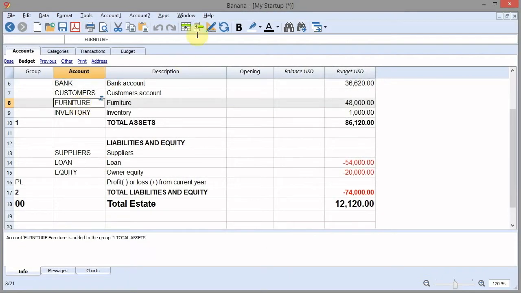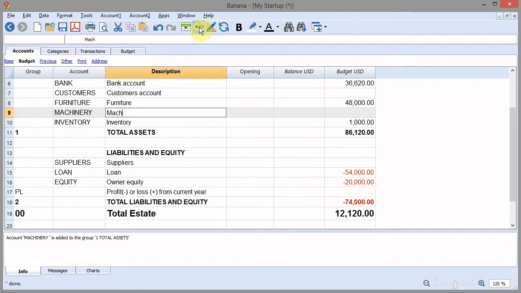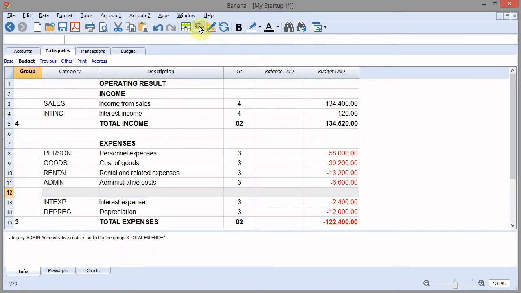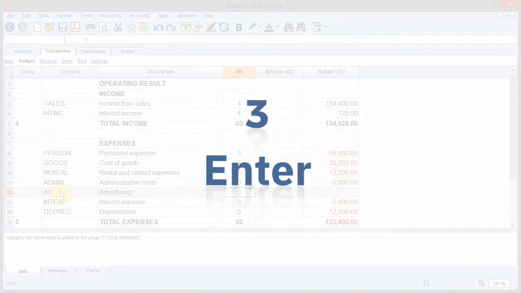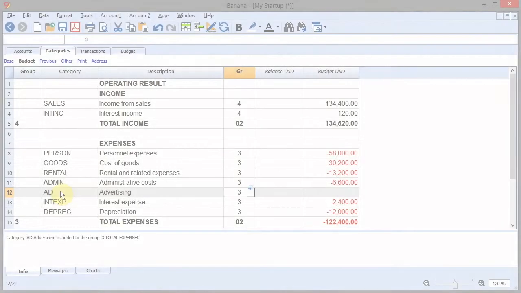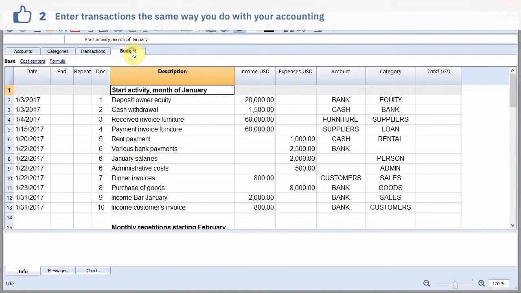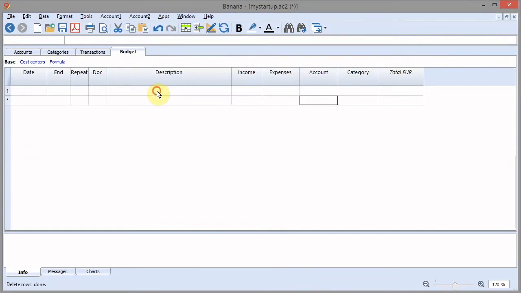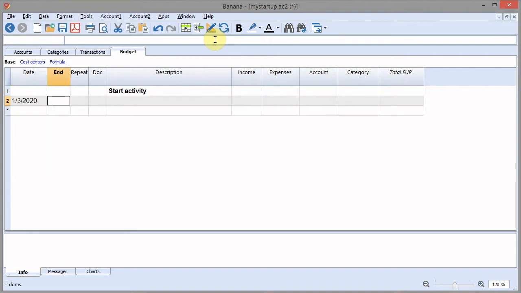As an example, in the Accounts table, we put in our machinery account, and in the Categories table, we add our advertising expenses. Now we can start creating our financial planning by inserting our budget transactions with expected income and expenses. First, in the budget table, we cancel all example transactions and we insert our actual ones, starting with our start activity. We put in, for example, our owner equity deposit on the bank account,